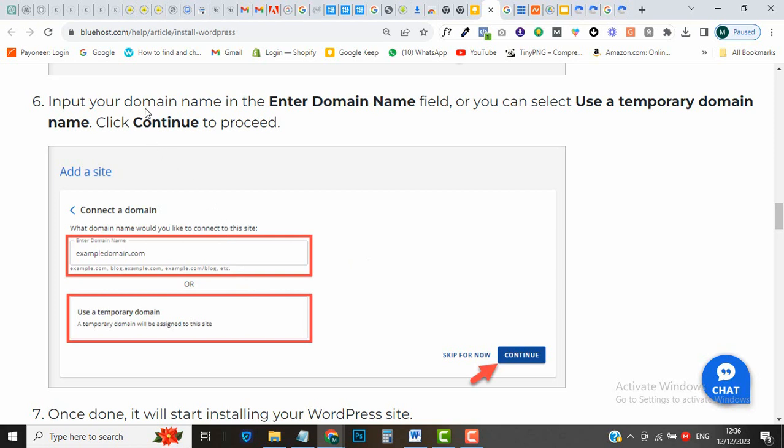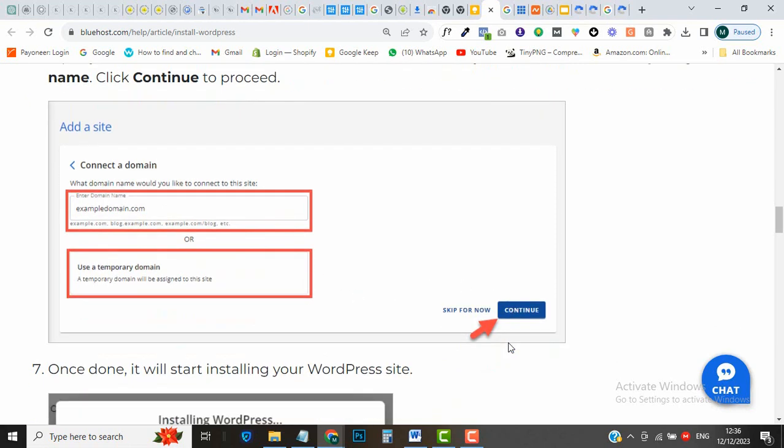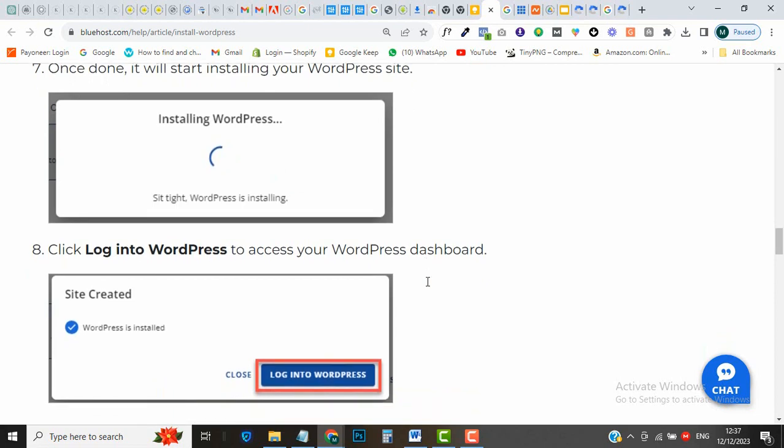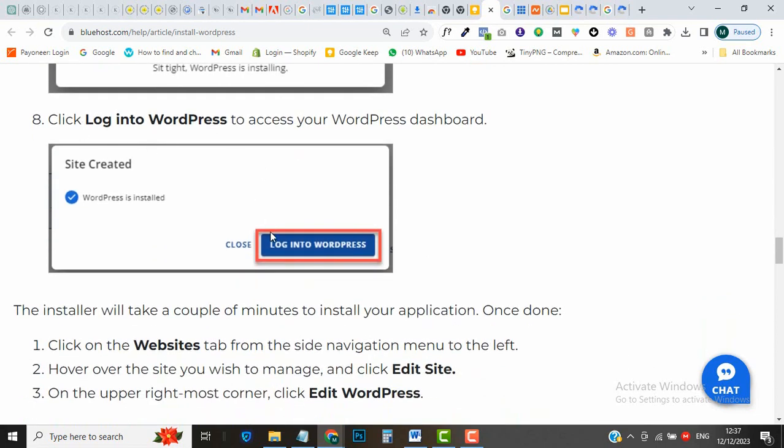So just input your domain name, the domain name you bought while signing up on Bluehost. Just type in the domain name here, then click continue to proceed. Then once you click on continue, WordPress will start installing on your domain. As you can see, it's loading here. Once it is successfully installed, you will see a page that looks like this, where you'll be able to